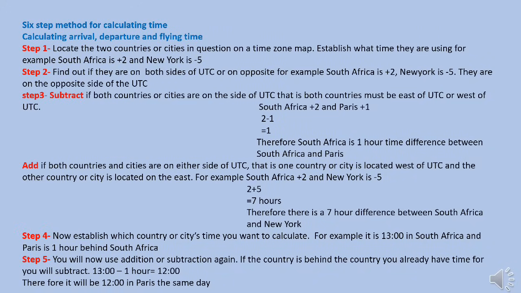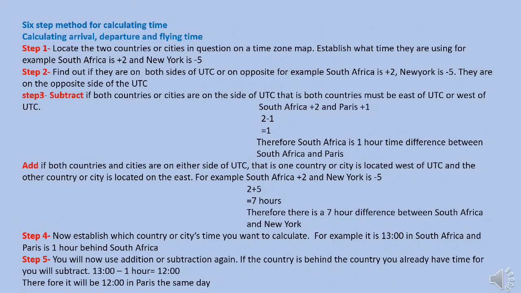Step 3, subtract if both countries or cities are on the same side of the UTC. That is, both countries must be east of the UTC or west of the UTC. South Africa is +2 and Paris is +1. Because they're on the same side of the UTC, then we subtract. If a country is on -5 and another country is on -1, we still subtract because they're on the same